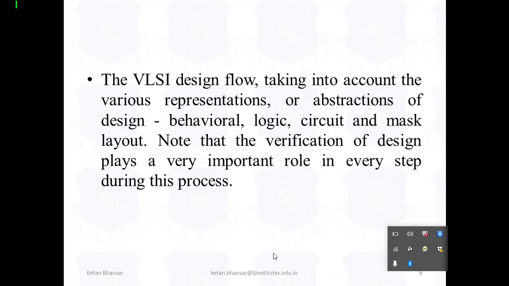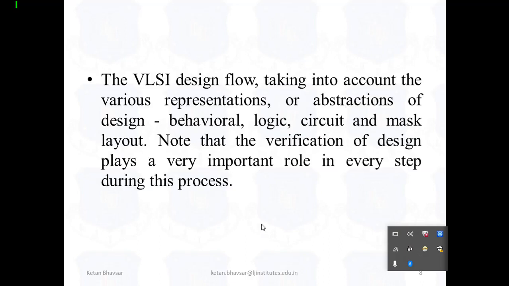The VLSI design flow takes into account the various representations or abstractions of design: behavior, logical structure and mask layout. Note that the verification of design plays a very important role in every step of this process. If you fail in any process or any design, then your output will not be generated properly or your circuit will not work properly. So I hope you understood what exactly I am trying to convey about the VLSI design flow